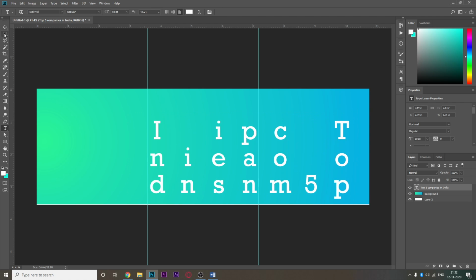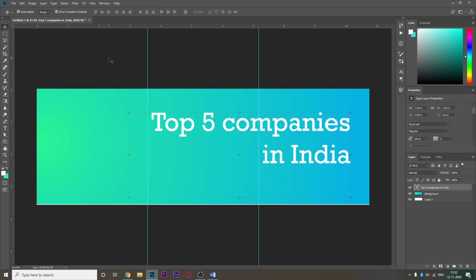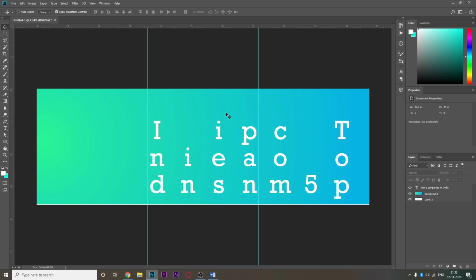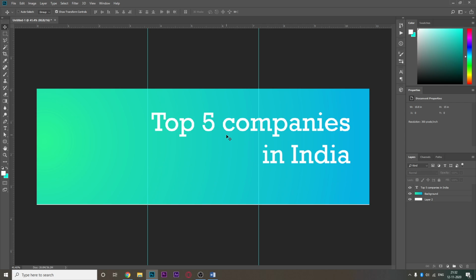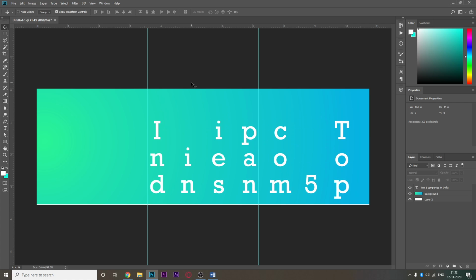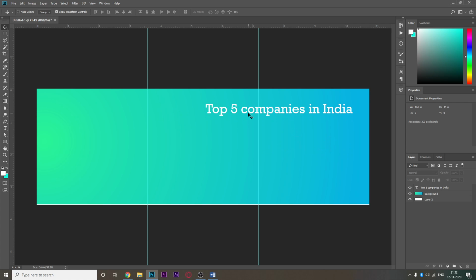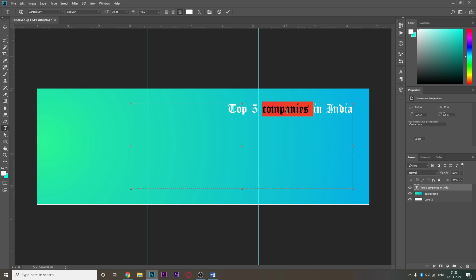Now I want to undo this, so I press Control Z. But now I want to go one step back. In Photoshop, if you press Control Z, it goes one step forward. So it's basically a combination of one step back, one step forward. If you want to go multiple steps back, you press Control Alt and Z. Now if you see, it's going a lot of steps back.